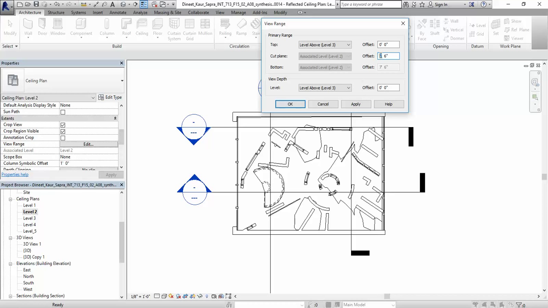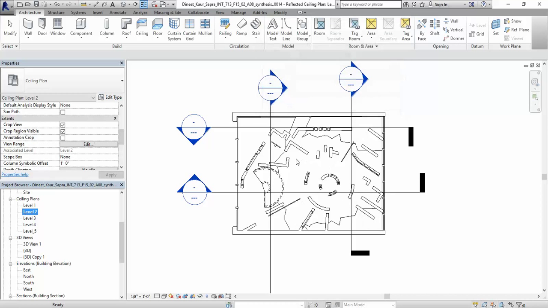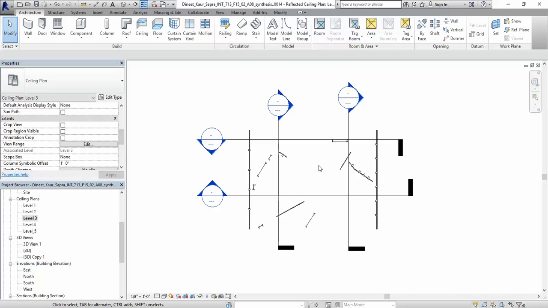So instead of cutting 7 feet above, let's cut a number lower than 5, because we know the distance between the slabs is 5. So if I say something like 3 here and hit OK, I still get very good resolution. So I'm good with that, and I could start working my way around level 3 as well, following the exact same